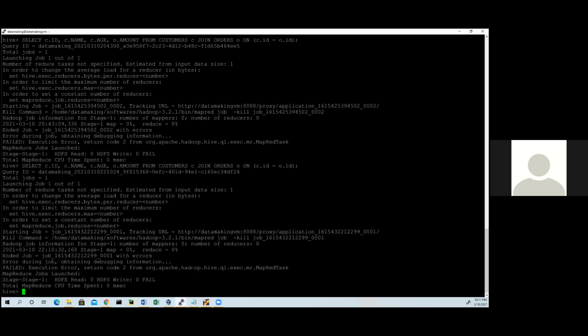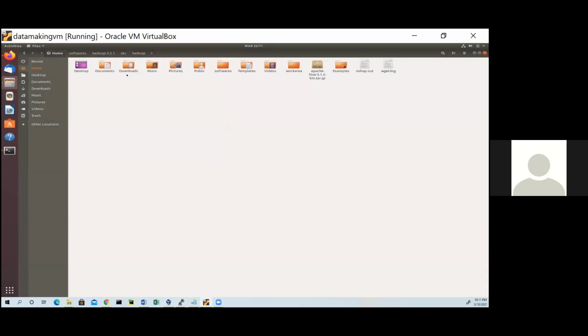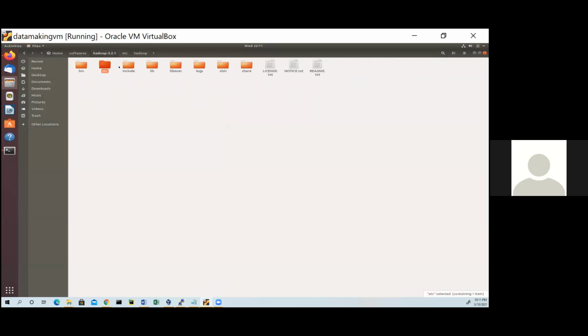No, just can you go to the folder in your VM? We were exploring the configuration file, right? If you go back two steps, you will see a logs folder. You are inside etc/hadoop. Go back once. Okay, you see there is a logs folder. Not here. Just go to hadoop-3.2.1 and you will see there is a logs folder.